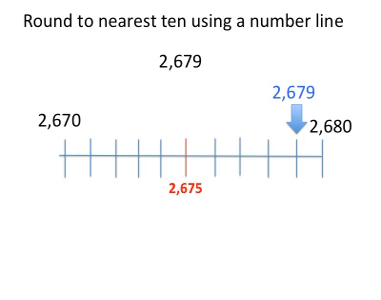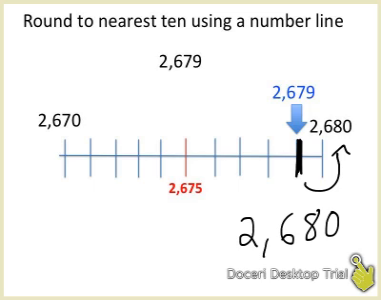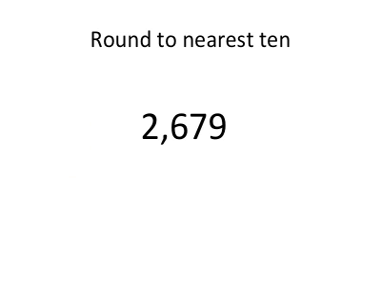2,679 lands way over here on the number line. Pretty close to 2,680. So if I'm going to round this to the nearest 10, I'm going to come up with a number, 2,680. Now, there's another way I can round to the nearest 10 as well, and that is to look at